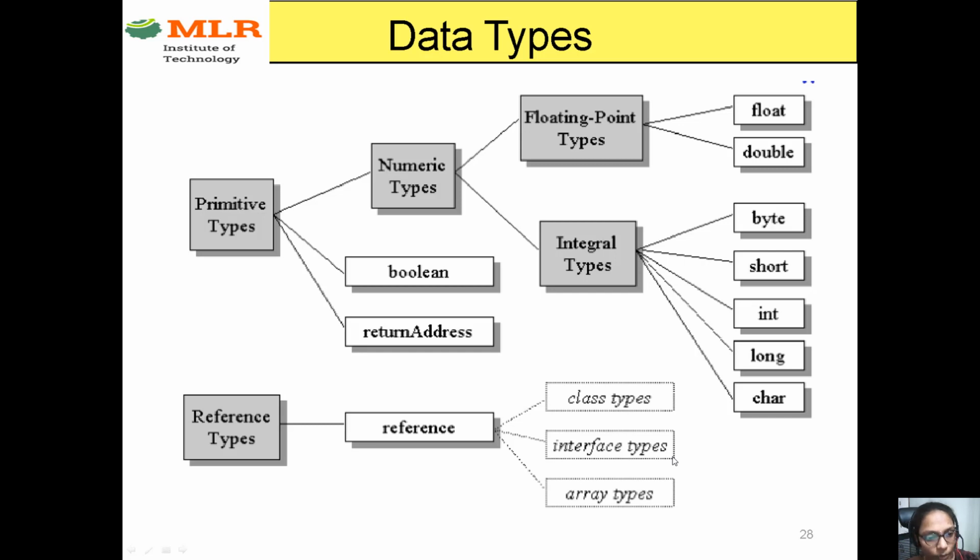And coming to primitive types, they have divided these primitive types, existing data types, into three categories. The first one is numerical types, then boolean and return address. Boolean supports only two values, either true or false. Coming to return address, we are not directly focusing on pointers in Java, as we discussed earlier, Java doesn't directly support pointers. But if we return any value, a data member or an object, that comes under return address here.